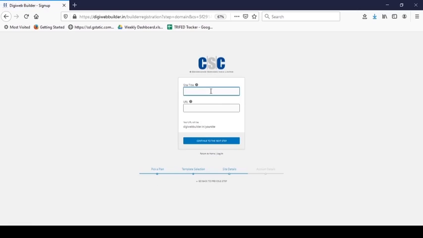Enter the title of your website. Enter any URL for your site.